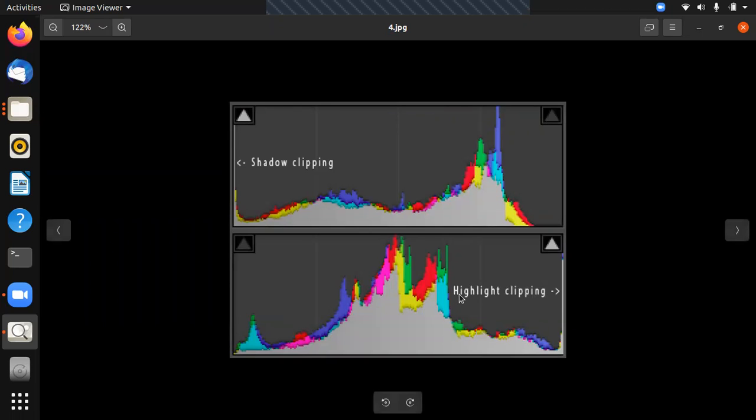So there is something called highlight clipping. What is that? If there are some pixels in the image which are completely washed out, there is a feature of a particular camera that will give you a highlight or warning or some blinking symbol, meaning there is some highlight which is completely washed out. Those are called highlight clipping. Similarly, if something has become completely black, that is called shadow clipping. This is a feature of the camera. Your camera has to support it, your phone has to support it. Then only we get this.